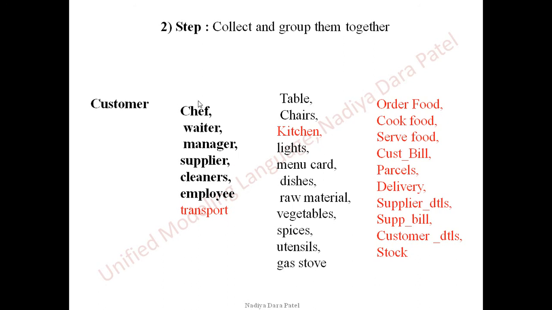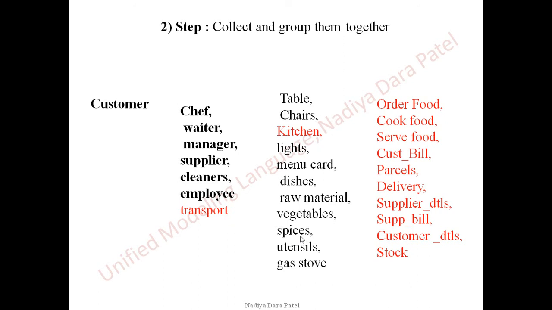But an actor is someone who is going to initiate the use case. That means if the customer comes in, then the kitchen is going to get operated, then the ordering of food is going to be activated, then only we are going to generate the customer's bill. If the supplier supplies raw materials, only then we are going to accept the orders. So these are some ones who are going to initiate the use cases. But what about them? Right now, don't worry about it.